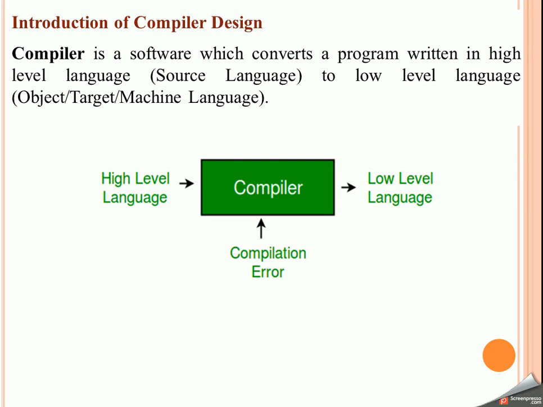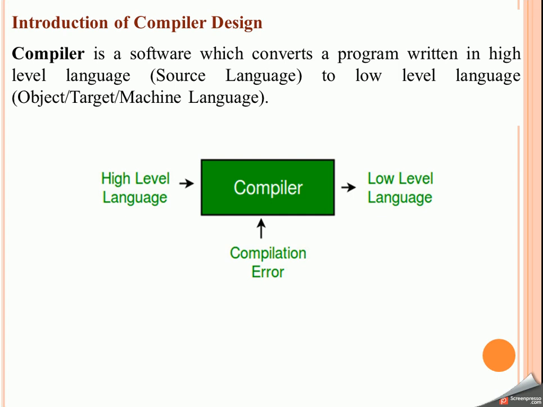So moving on to the introduction of the compiler, as I've already told you in the earlier lecture, a compiler is a translator that is capable of translating a high level language into a low level language. And what is the point of translating? When we have to instruct a particular hardware, the instruction has to be given in a series of zeros and ones, because hardware only understands instructions in that particular form.